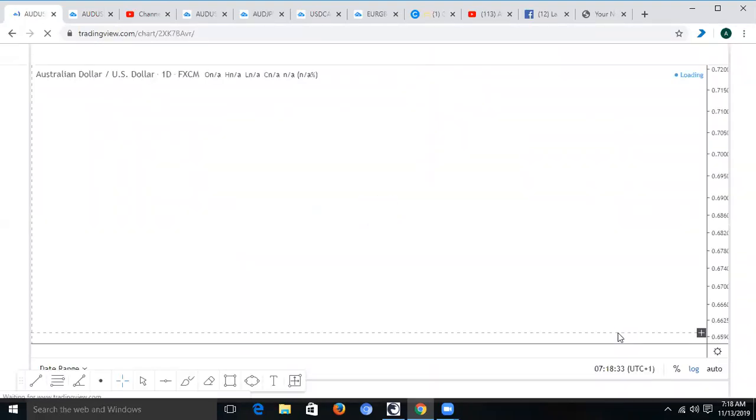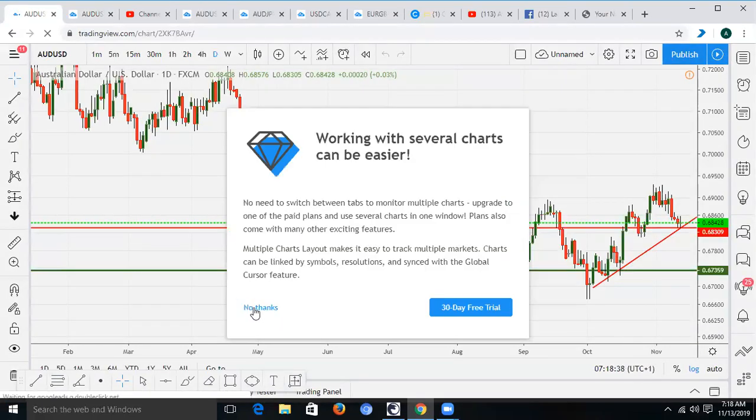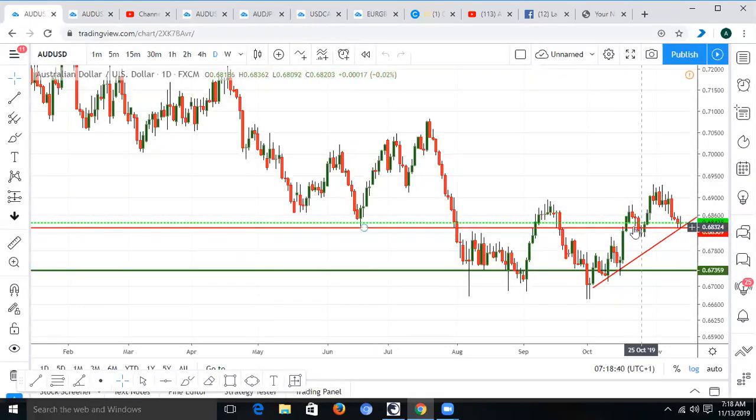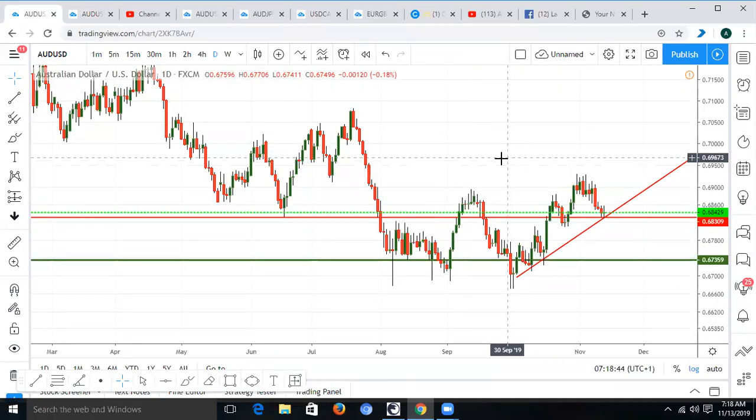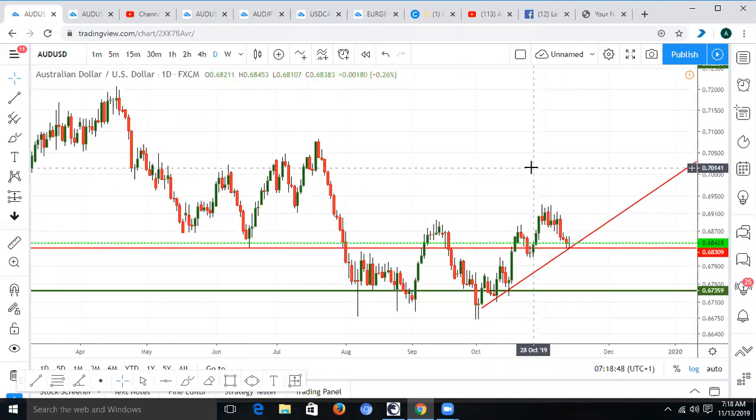So we are going to be talking about how to exit the market, and again, we'll be talking about risk management this morning, because risk management is one of the biggest challenges all traders have all over the world. Most people have lost millions of naira in this business because they don't understand what risk management means. If you don't know how to manage your risk, I tell you the truth,